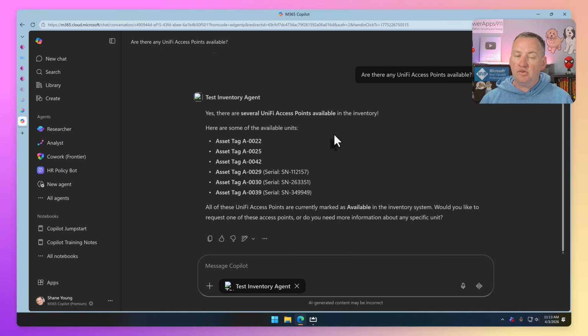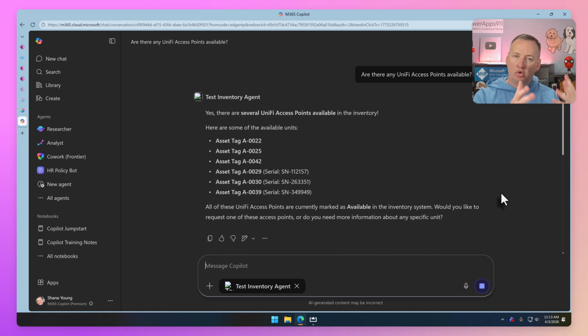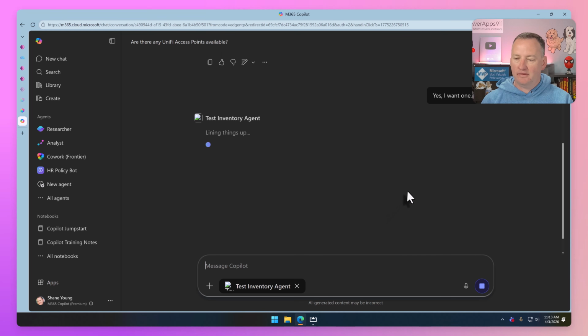And if we wanted to, we could ask for information like what order it came in, which ones are most recent, all that, but we don't really care. Now we can go down here and just say something like, yes, I want one. The first query was using knowledge to look in the Dataverse tables and find the available ones. Now it's taking the, yes, I want one, and it's going to use a Dataverse tool to grab that data or update that record